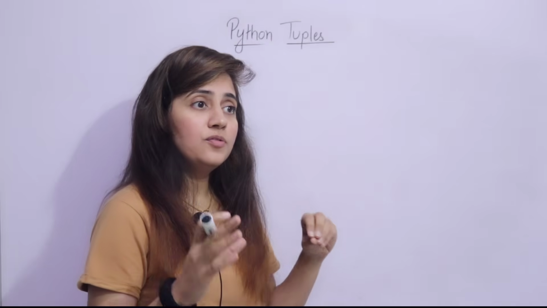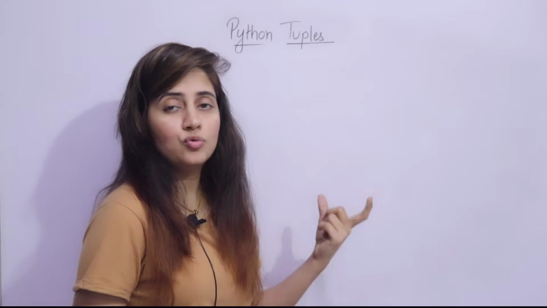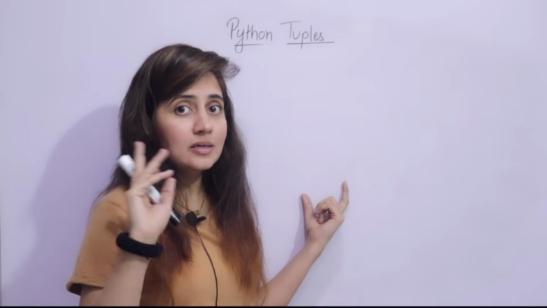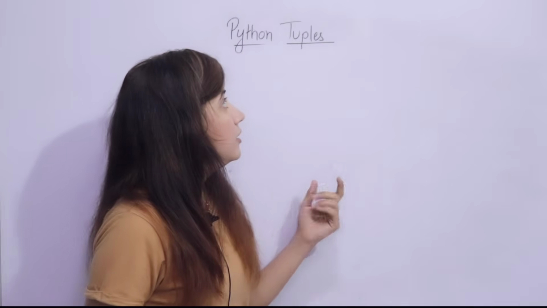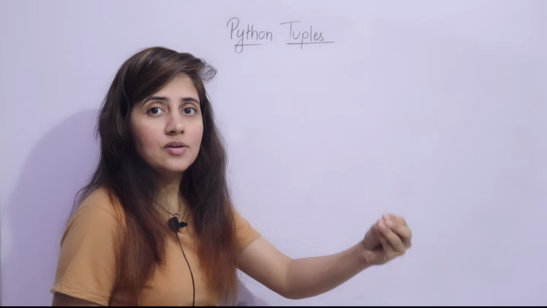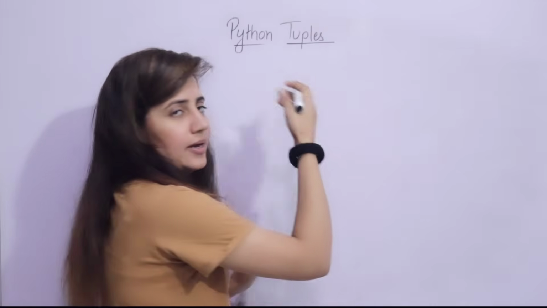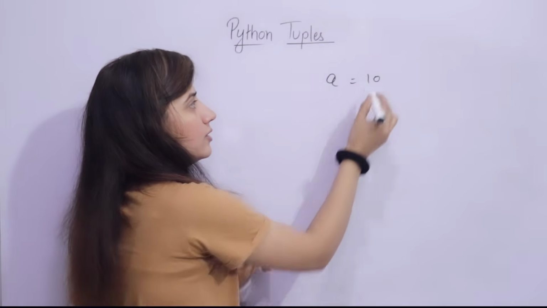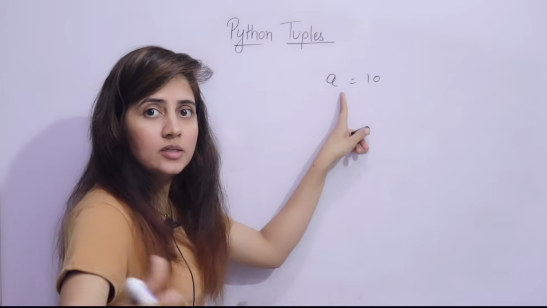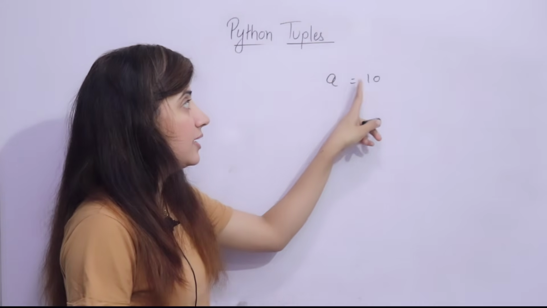We will also cover the different inbuilt functions that we can use on tuples, and how to use tuples in a program, right? The syntax and all we will discuss, and I'll also show you with the help of practical programs. Now, I told you tuples are used to store multiple items in a single variable. If you want to store a single piece of data, we simply create a variable with any name. I'm taking a is equal to 10. That means one value can be stored in a single variable, but if I want to store multiple values like 10, 20, 30,